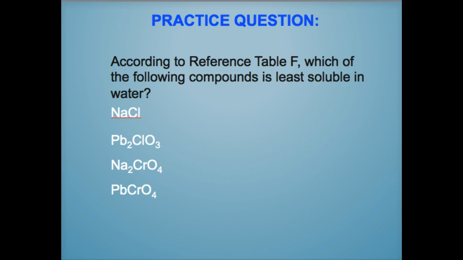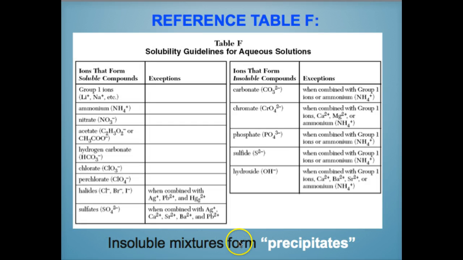So what we're going to do is look at a bunch of different compounds, and I'm going to show you how to use table F to figure out if the compound is soluble or not. They're going to give you ionic compounds so that we can break them up into ions. That's exactly what you're going to do, break it up into ions. So here NaCl breaks up into an Na and a Cl ion. And you have to look for one of those ions as a category on the chart. So when we flip back to table F,